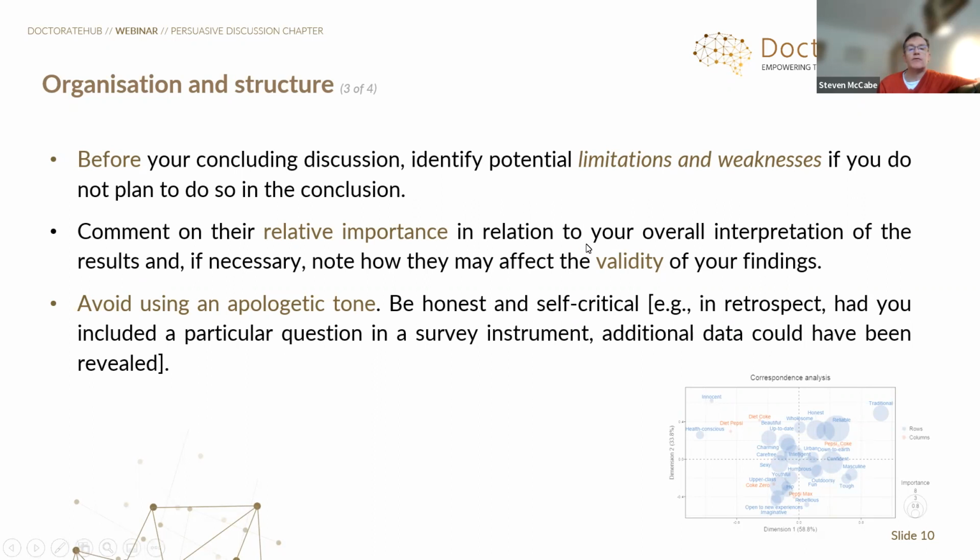Comment on the relative importance of your findings and interpretations, and also if you think that there are things which were problematic in terms of what you were able to do, particularly, of course, if there's an access issue. Sometimes you get into organizations and you don't get access to all the areas that you thought you would, which limited the study, then point that out, because what you hope is that everyone will give you as much access to the data, or the experiences and the observation of the things going on that you wish, but of course there may be good reasons why this is not always possible. So point that out. Avoid using an apologetic note.